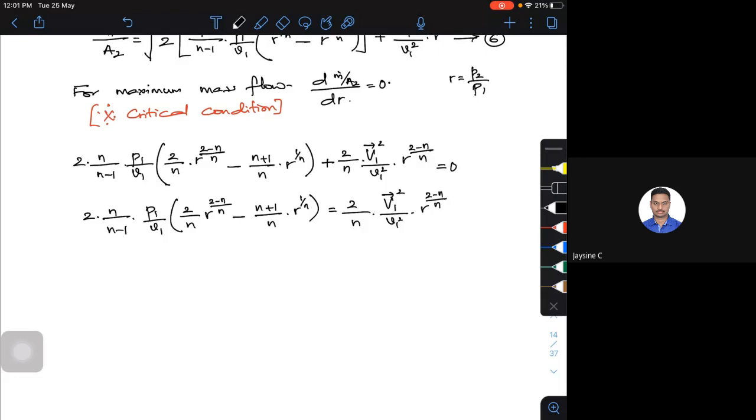So a lot of things are there. If I open the bracket, first cancel these particular things. The 2 simply cancels out. Then try to simplify this. You have your P1 v1. I want to get this in such a way that I have the expression in terms of r. So can you guys take this as an assignment and try to get the expression for r?